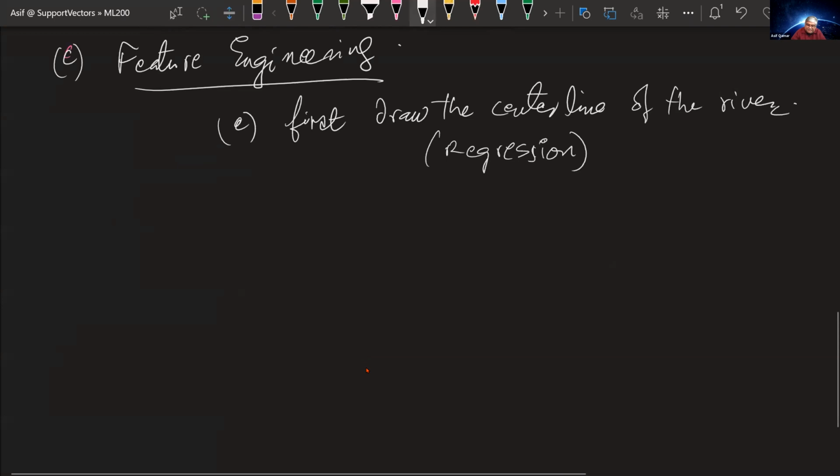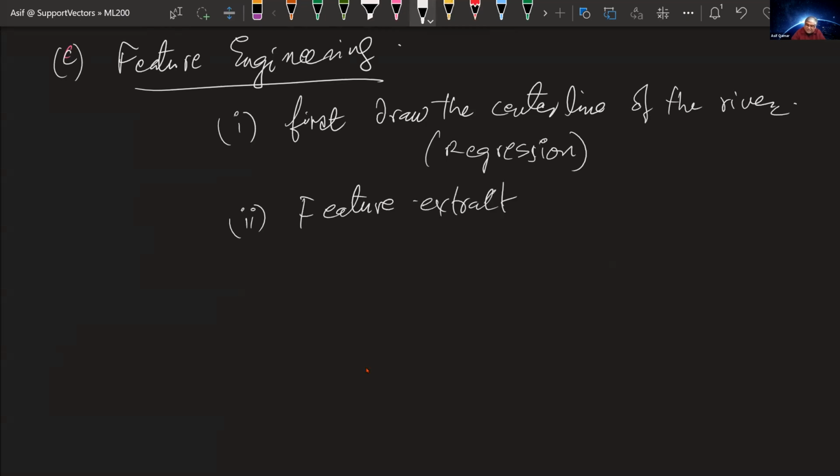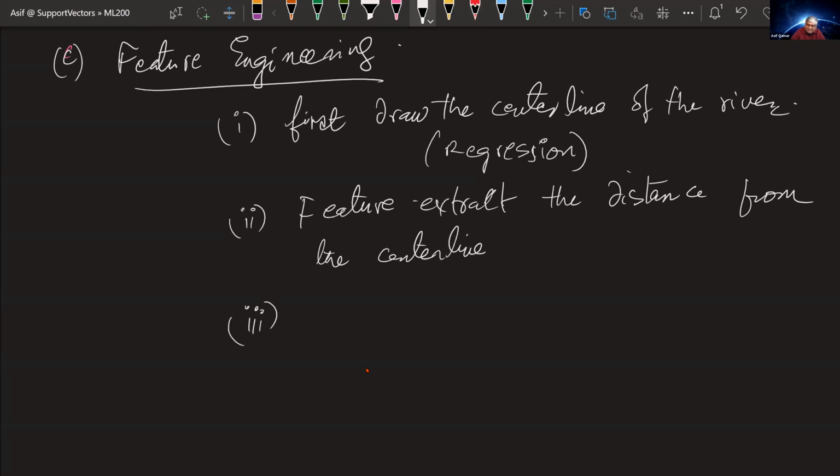Do that, and then feature extract. Actually, we have used A, B, C, so let me use the steps as I, II, III. Feature extract the distance from the center line. And then the third part is, after that, build a simple logistic classifier